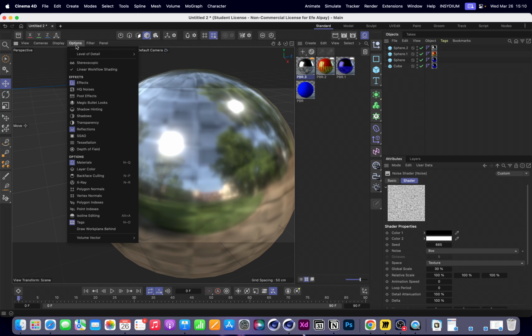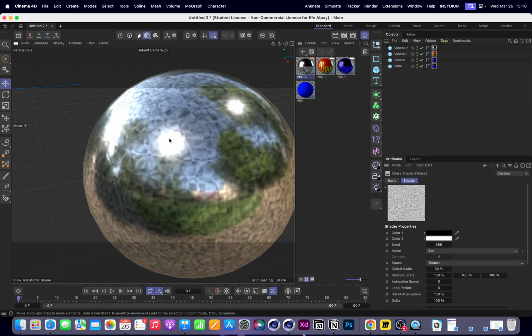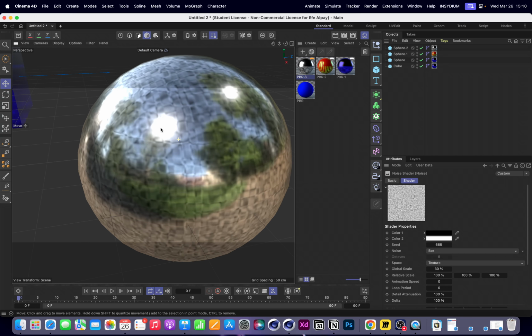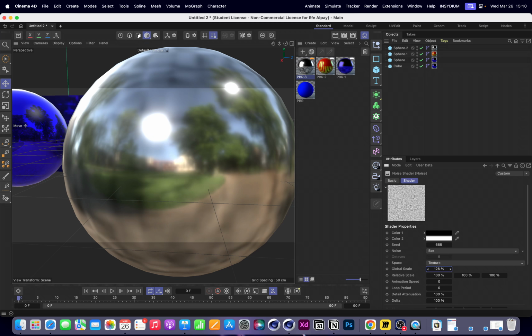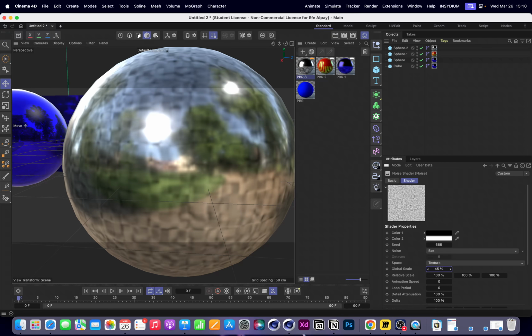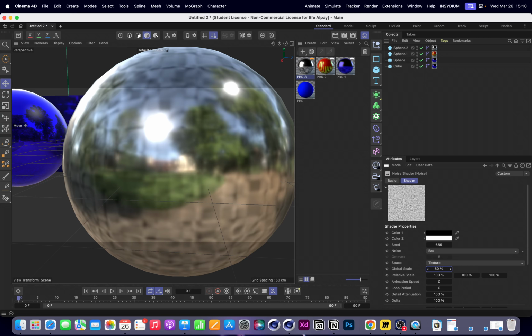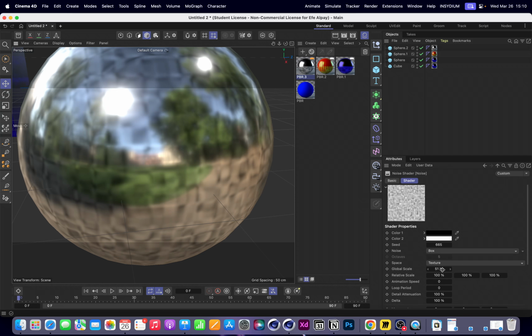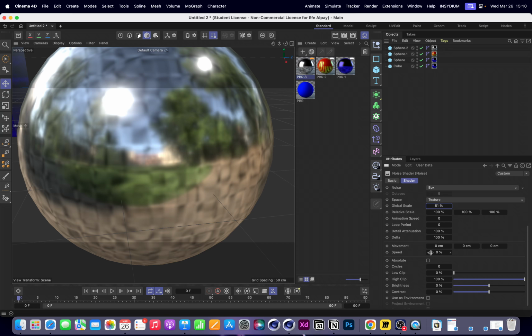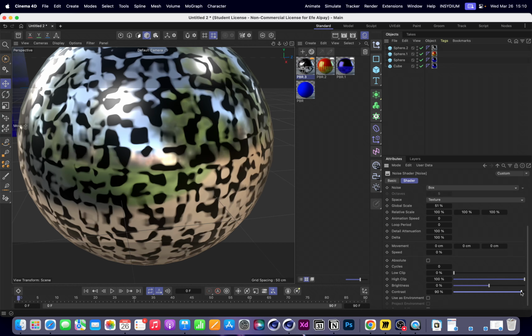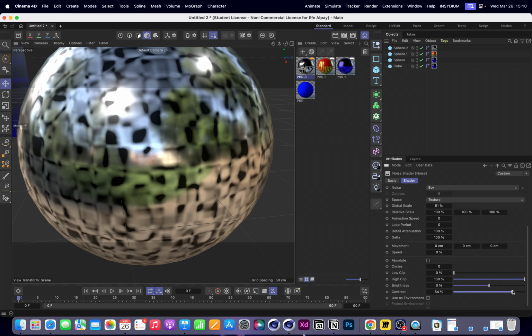If you go to the options menu here and select high quality noises, it will allow you to see that noise pattern in a much more detailed way. Okay, and it updates in real time when I do this. Here in the noise pattern properties, if you increase contrast, you'll see that the noise pattern becomes